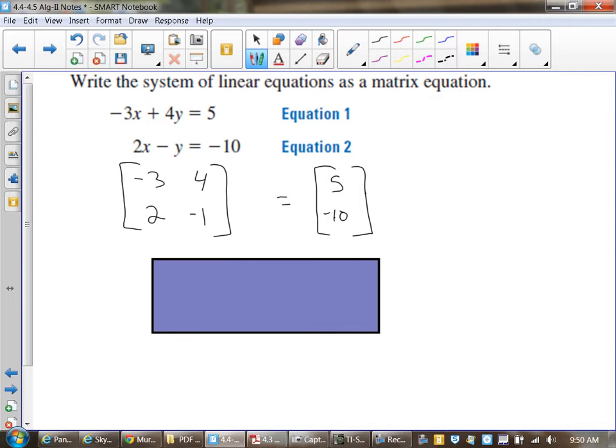Now, here's the question. A 2 by 2 times what gives you a 2 by 1? I mean, 1 by 2. When you're dealing with multiplying matrices, remember, it was 2 by 2 times something to equal a 2 by 1. What did that something in the middle have to equal? 2 by 1. It has to equal a 2 by 1. So that way the numbers match up. Now that means that right here in the middle, there should be